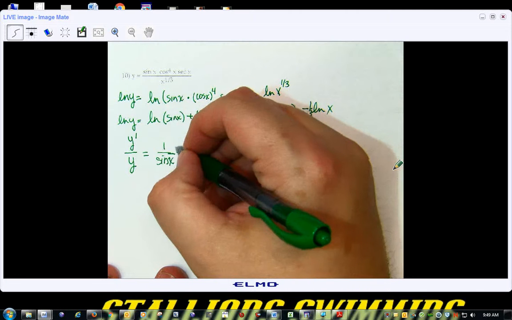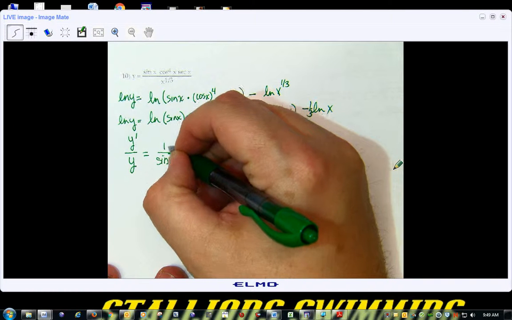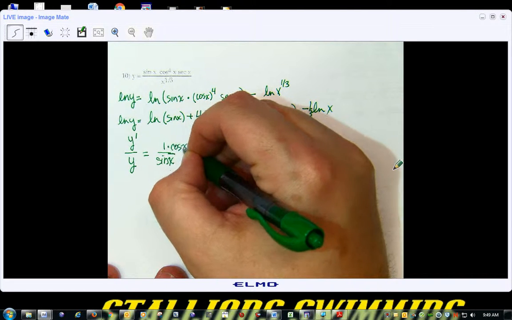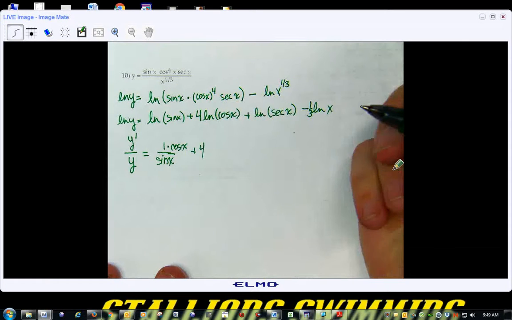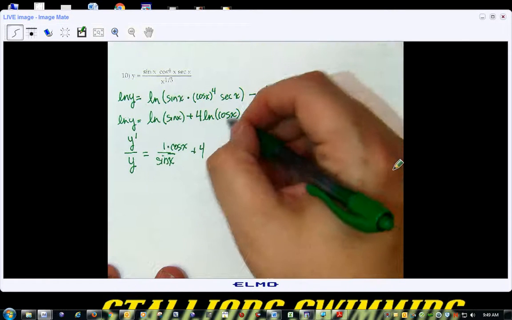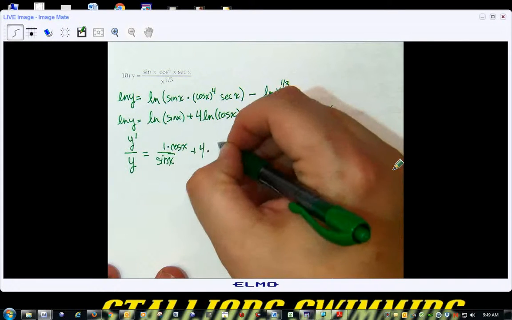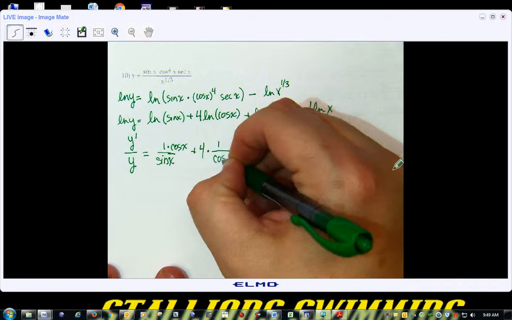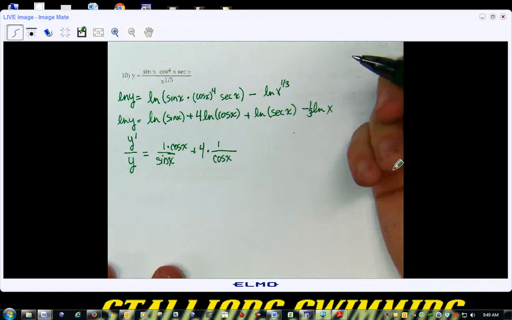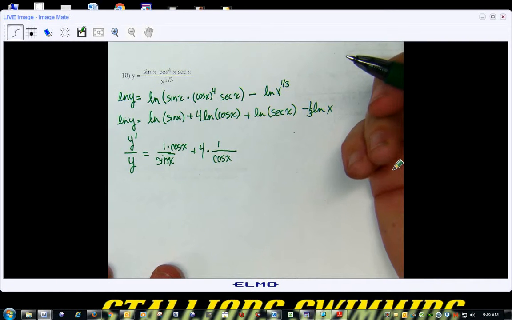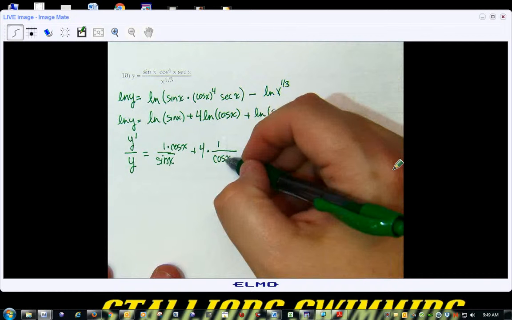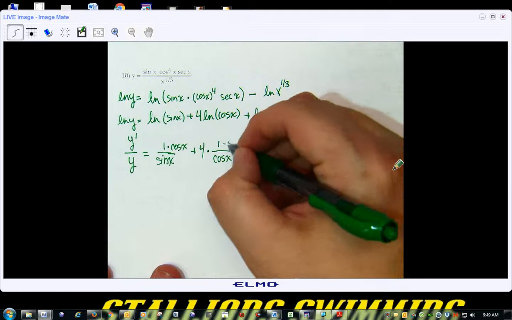So it's going to be times, and I'll put it up top, times the cosine x. Plus 4 times 1 over the cosine x, which is nice because, remember, natural logs, the derivative is super nice for us. It's just 1 over. But what's the derivative of cosine? Alright, so negative sine x